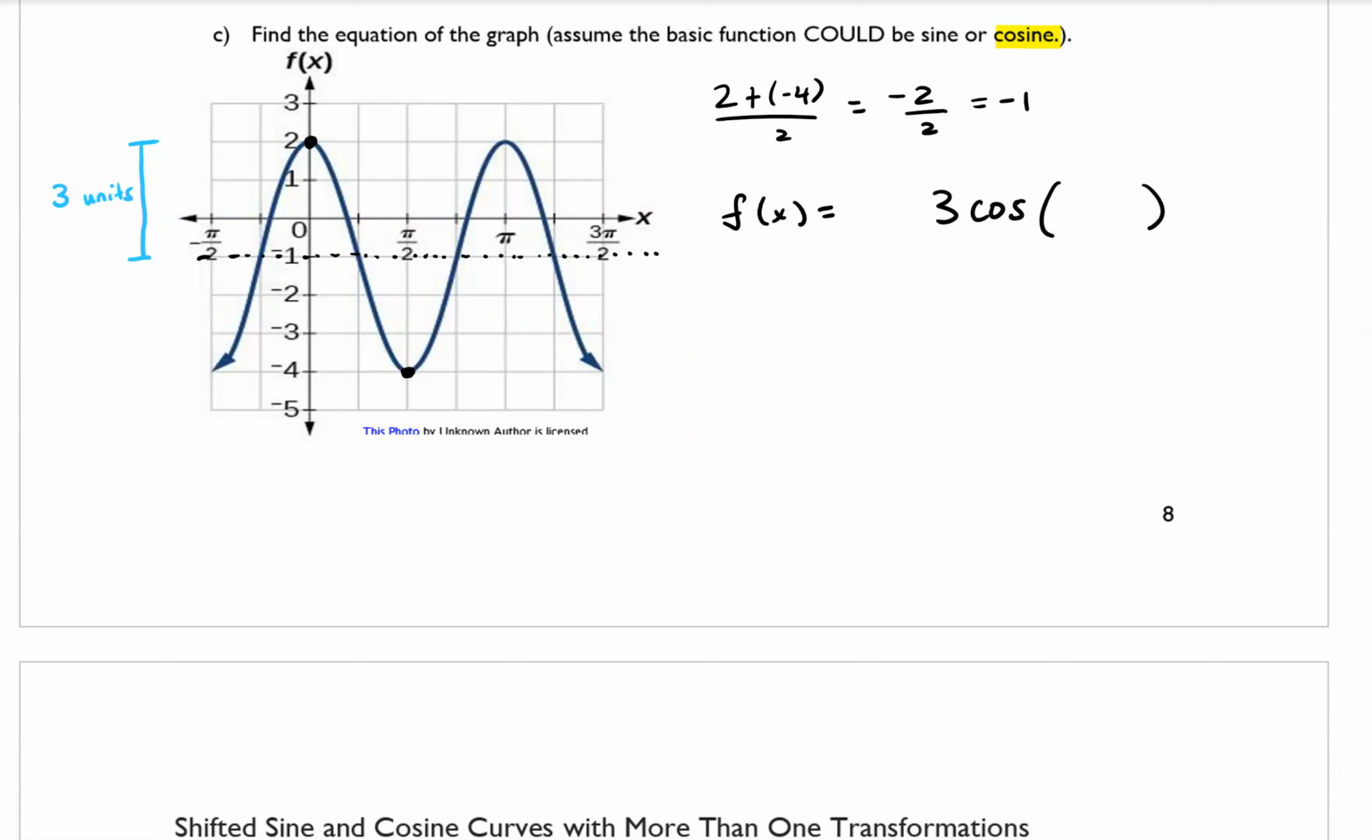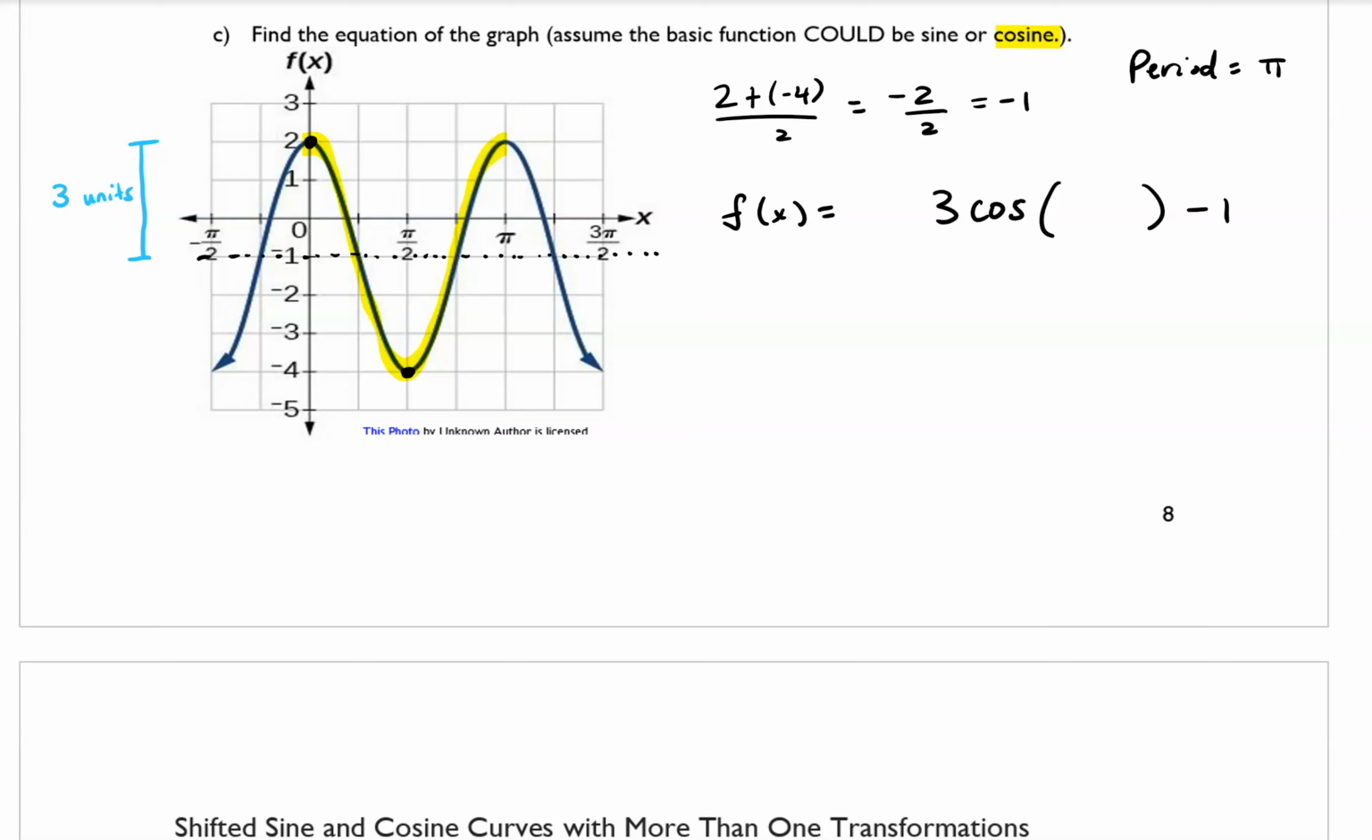And then we are taking cosine of something, and we know that it was shifted down 1 unit. So I'm going to go ahead and put this -1 at the end. And now we want to figure out what goes inside the parentheses. And you can tell here that we have one complete period of our graph where I've highlighted it. And if we're starting at 0 and ending at pi, then we know that our period